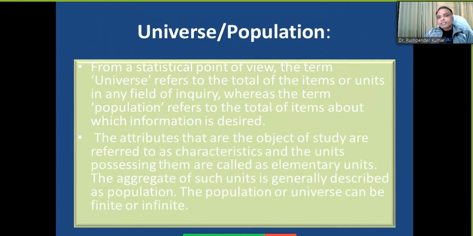The attributes that are the object of the study are referred to as the characteristics, right? And the units possessing them are called elementary units. The aggregate of such units is generally described as population. The population or universe can be finite or infinite. Generally it's infinite, although maybe it is finite,